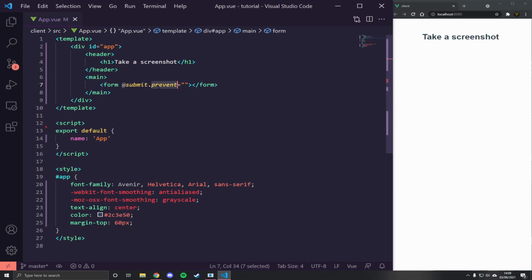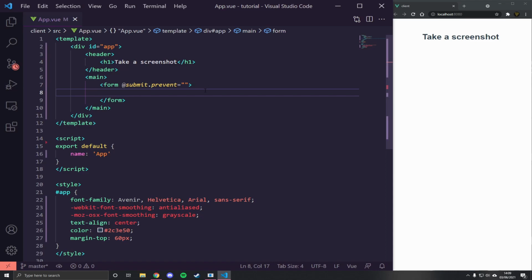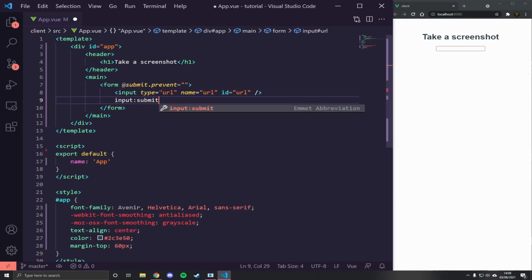In JavaScript, this would signify e.preventDefault, to stop the form from actually submitting. We just do this to stop it, basically. We're going to add a function in here in a moment, but for now, we do not need to. We're then going to give an input of type URL with the name of URL and ID of URL. We're then going to get another input of type submit, and this will just say take